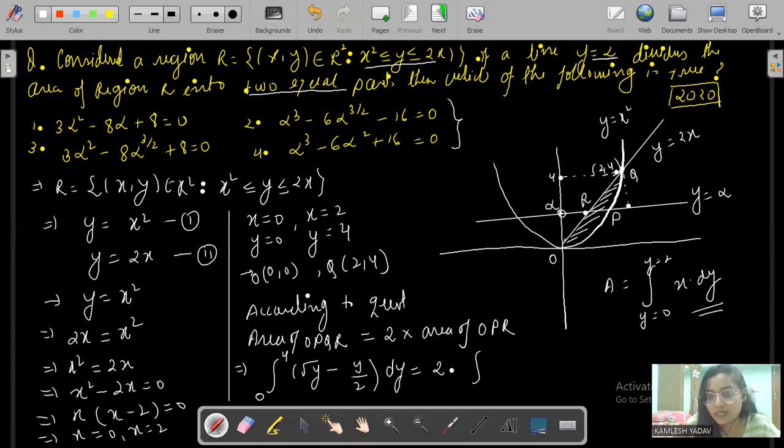In this area it means O, P and R. Here we can see the lower limit is 0 and the upper limit is alpha. x from equation 1, from this equation we can see root y minus y upon 2 into dy. Now we can calculate